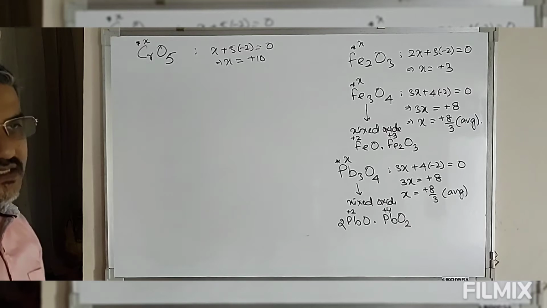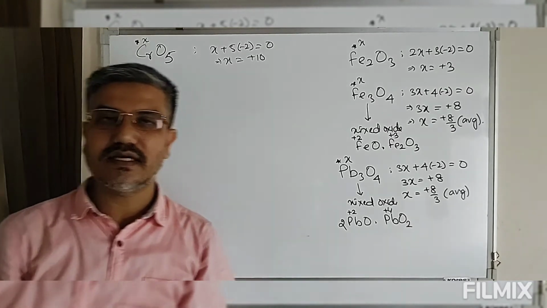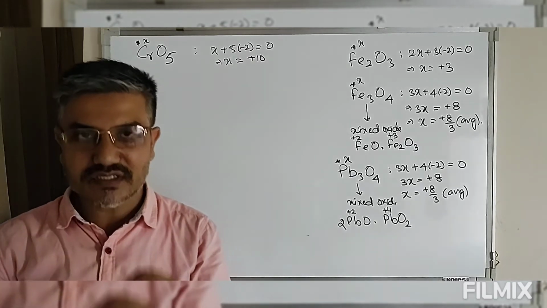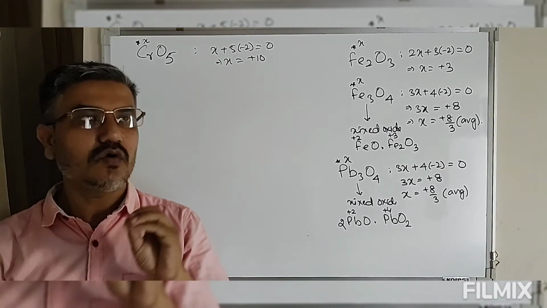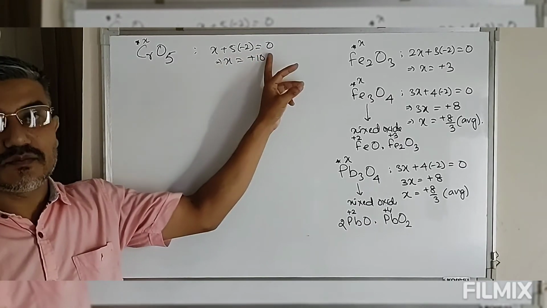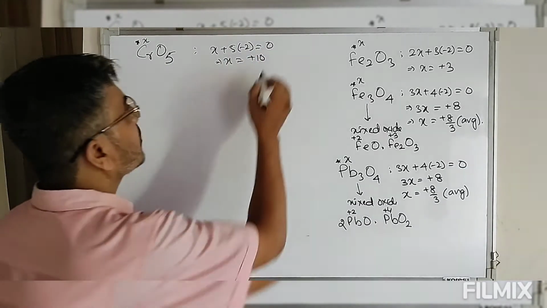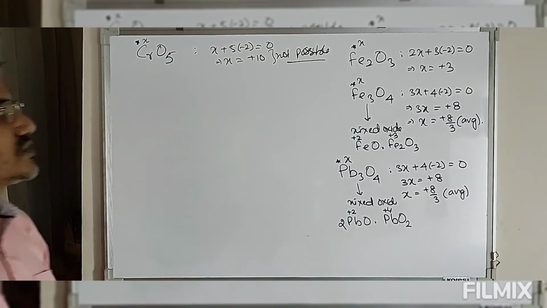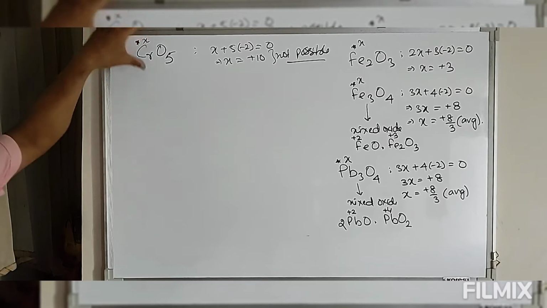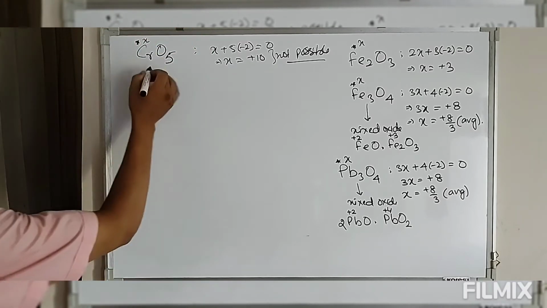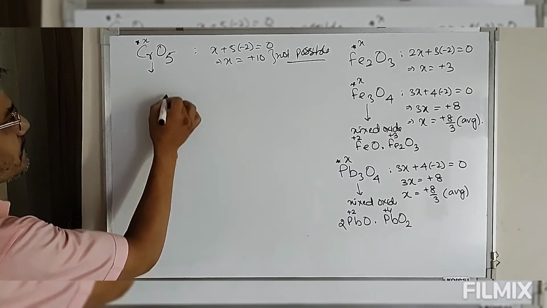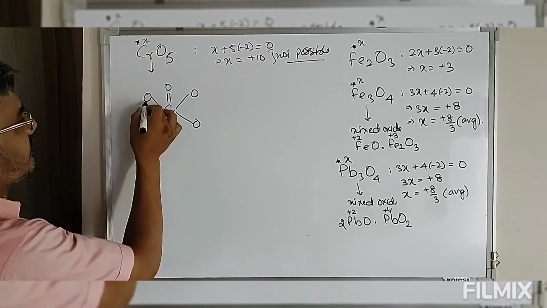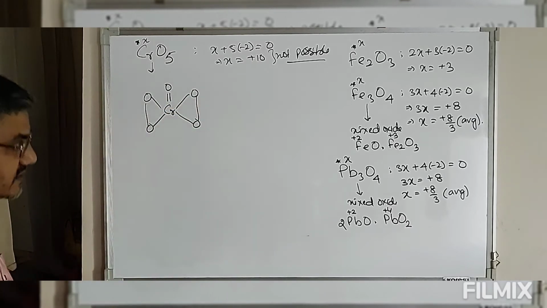Now look at this oxidation state. The highest oxidation state that has been achieved in the periodic table is 8. Now chromium having a plus 10 oxidation state is not possible. If this is not possible, then what is the actual oxidation state of chromium? To define the oxidation state of chromium, we have to look at the structure. This is what we call the butterfly structure.